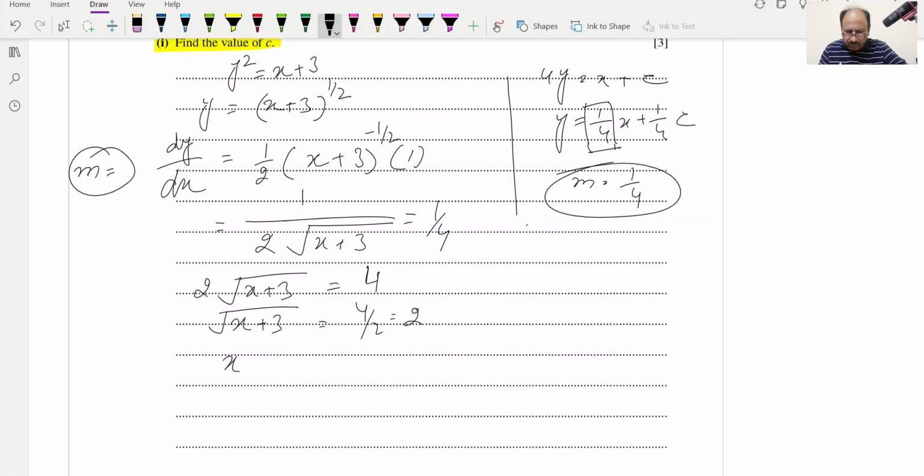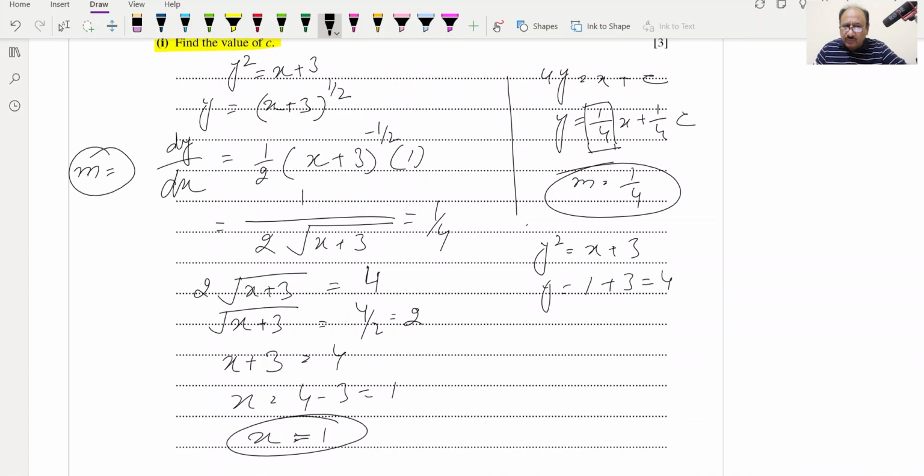Now we can take the square on both sides, so x + 3 will be equal to 4, so x is equal to 4 - 3, which is 1. So we got x equal to 1, and this value we can use in this equation. y² = x + 3, so 1 + 3 will be equal to 4. This will be the y² value, so y will be equal to 2, and